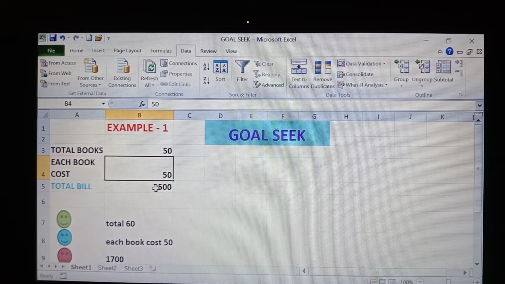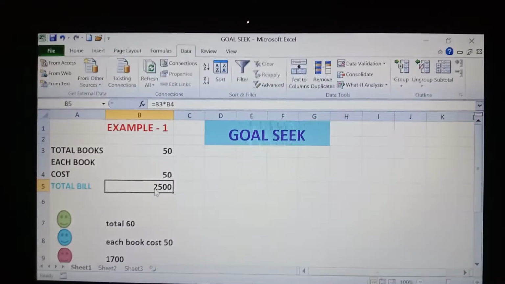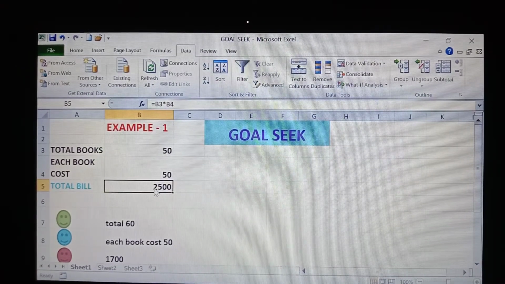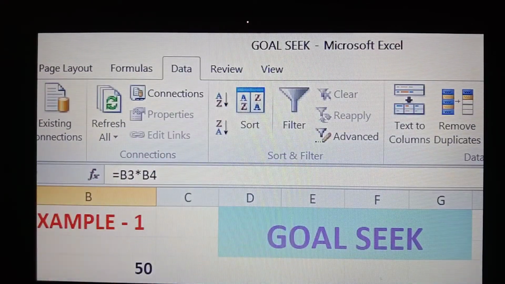Here we are giving 1700, and each book costs 50 rupees only, and we'll see how many books we will get by using goal seek. For goal seek, click on the data tab.